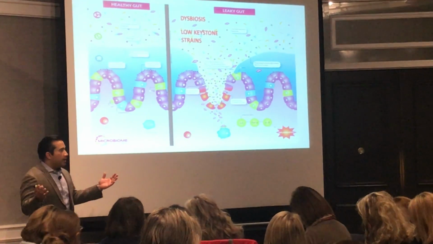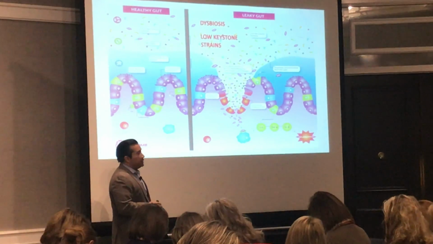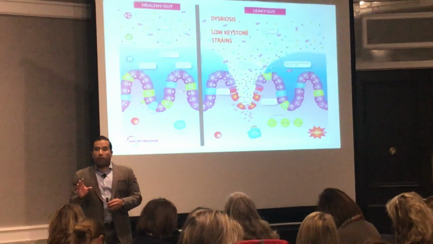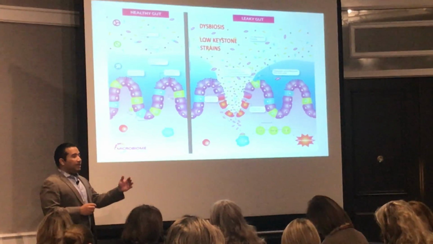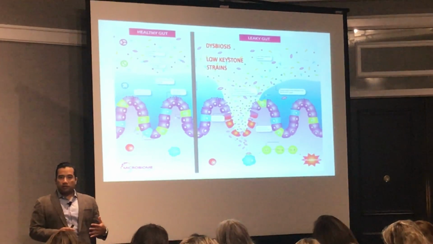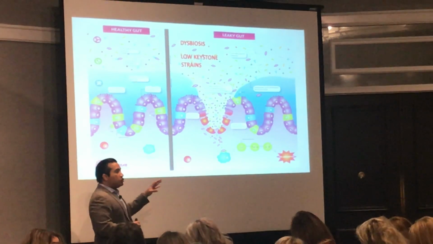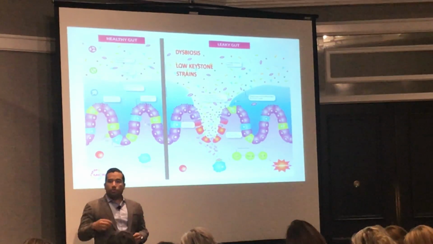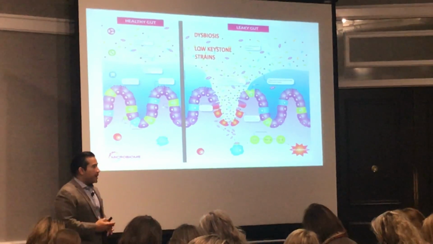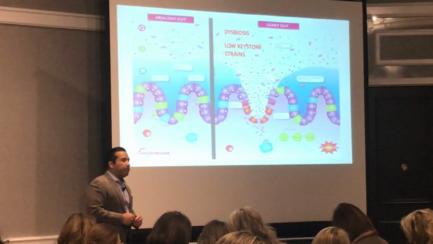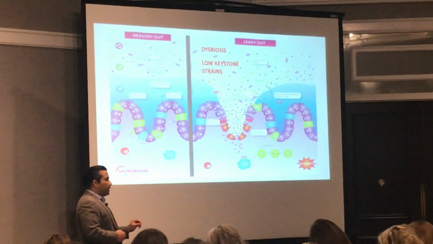Like there's a short-chain fatty acid, a branched short-chain fatty acid, that's produced by some of these keystone strains. It's called isobutyrate. Isobutyrate is a short-chain fatty acid that basically limits the overgrowth of pathogens. So these keystone strains are balancing the microbiome by controlling the growth of pathogens. They also produce all of these other prebiotics to feed all of the other commensal bacteria, so they maintain the microbiome. Now, at the same time, they also have a direct impact on the health of the host.